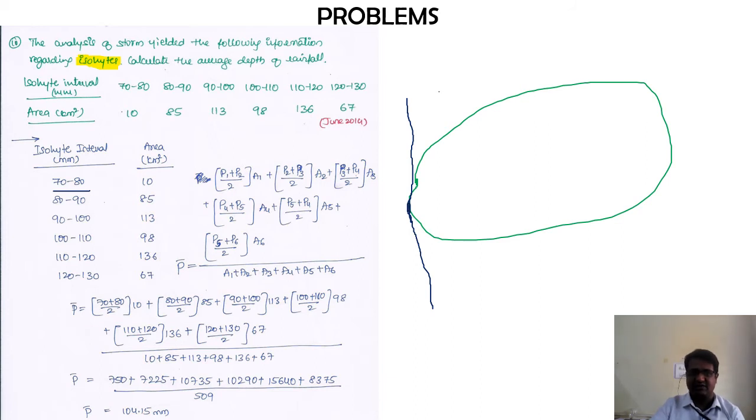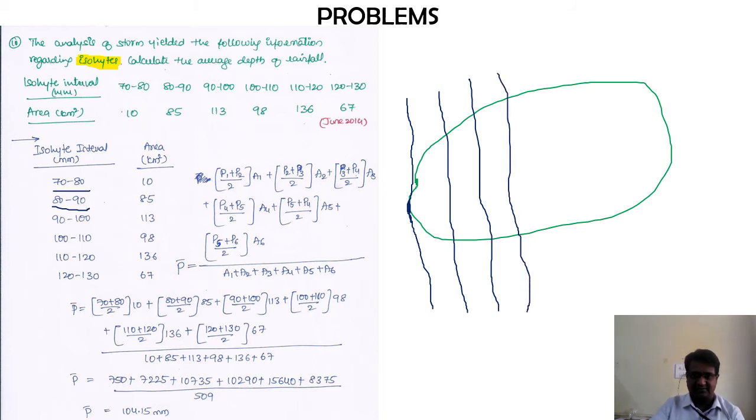Okay, now the second one will be 80 mm, so it is running something like this. This is just an assumption on which I am drawing. I am trying to express the table given here in terms of a graphical representation, so that we can have a better understanding of it. Now the next one will be 80 to 90 mm. So already 80 I have drawn, so here it will be 90, right? Then it is 100. Next we have 110.